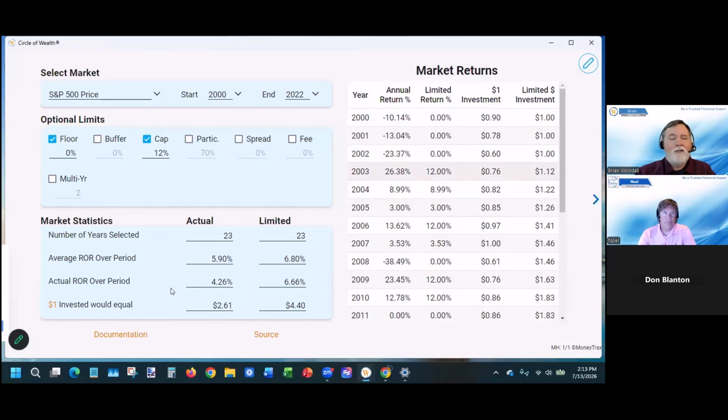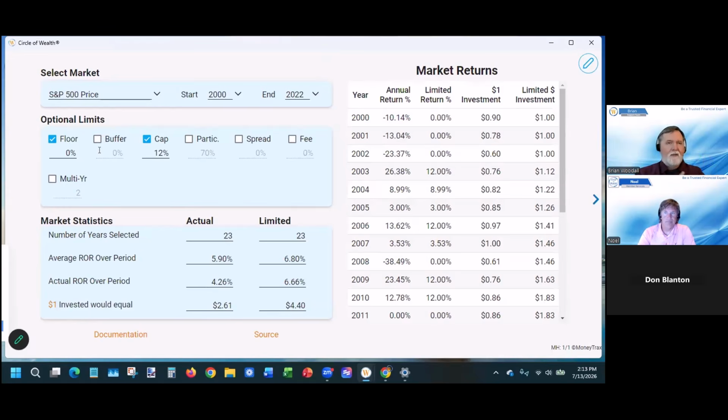No, it's not. Look at my actual rate of return over the period. I got an actual rate of return of 6.6, average 6.8. It's a whole point better almost than the average with just full market risk. And it's almost 2 points better in my actual rate of return. And if I'd put $1 into that same vehicle, instead of having $2.61, I'd have $4.40. So I can show somebody pretty quickly what it means to have those floor and cap, what an actual indexed